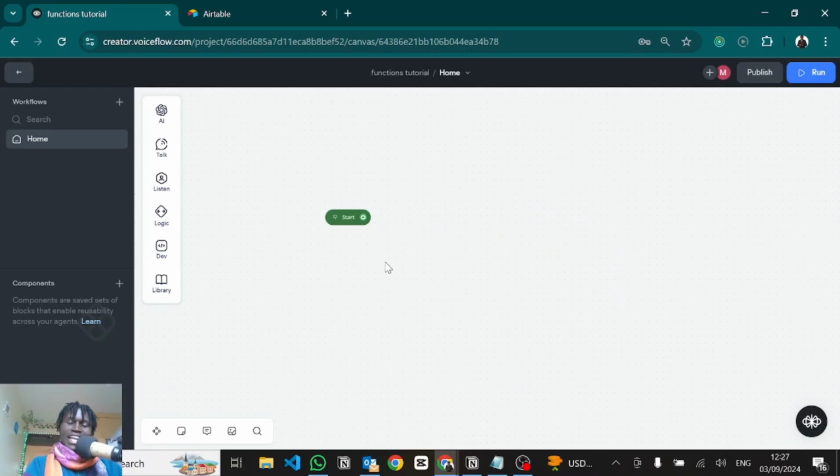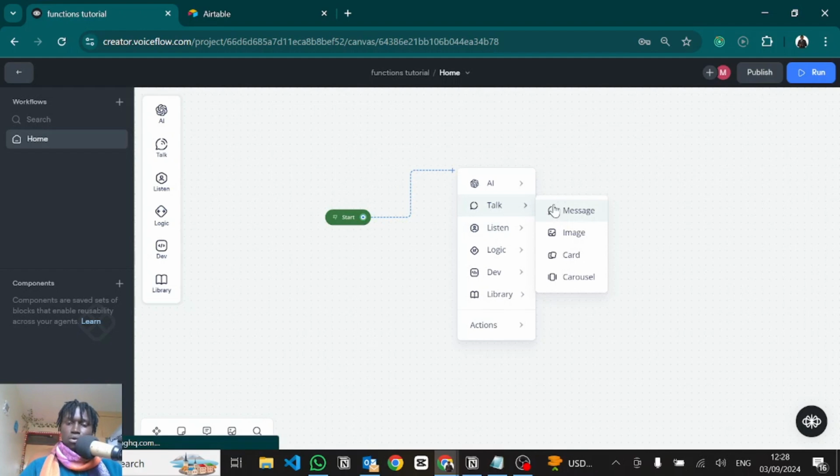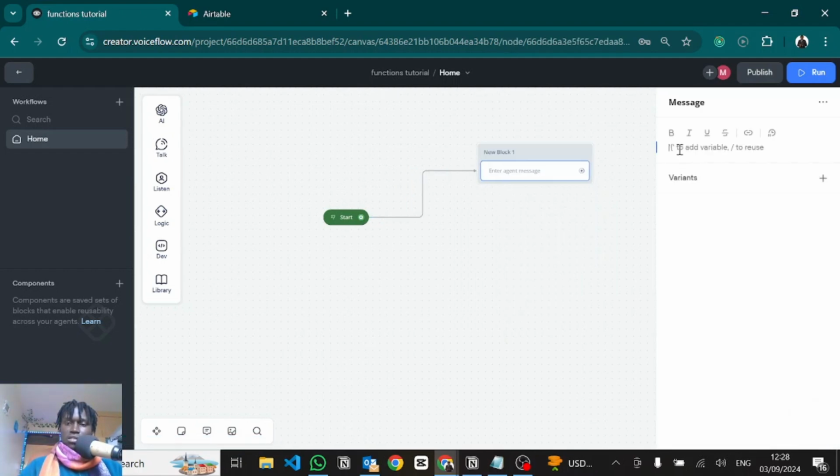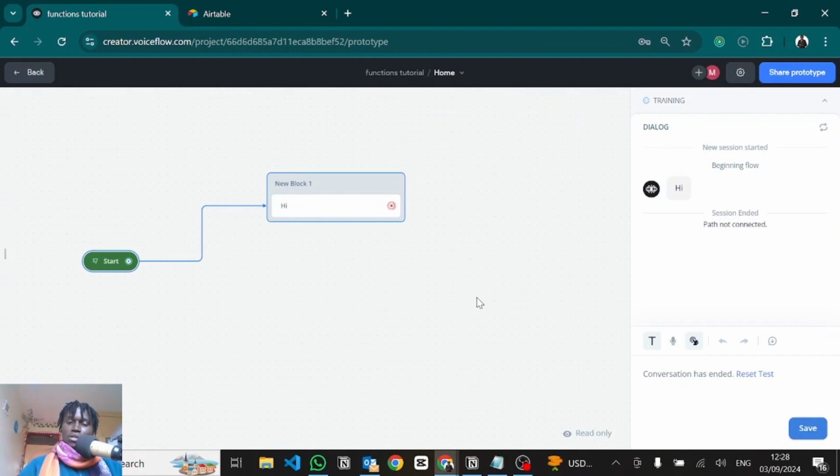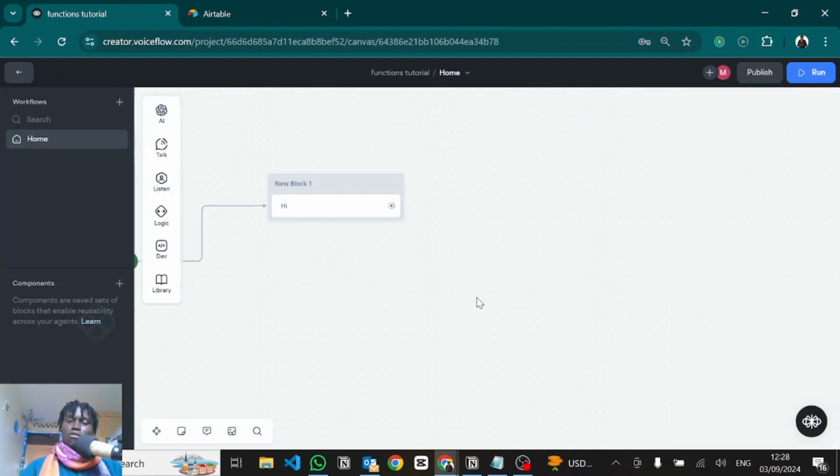So here I have an empty Voiceflow canvas and we'll get right into it. Let's just start by printing out a quick message into the chatbot, just for starters, to ensure everything is working. It's just a quick hi, and when we run it, there you go, hi. So we can understand how functions work,